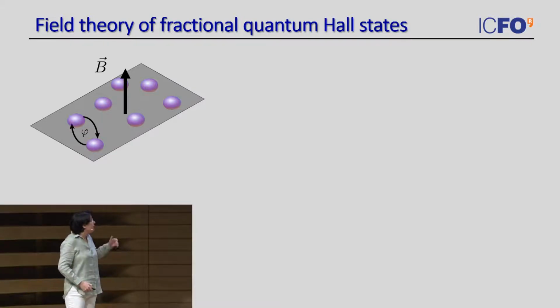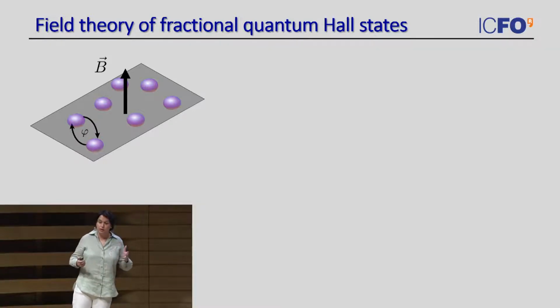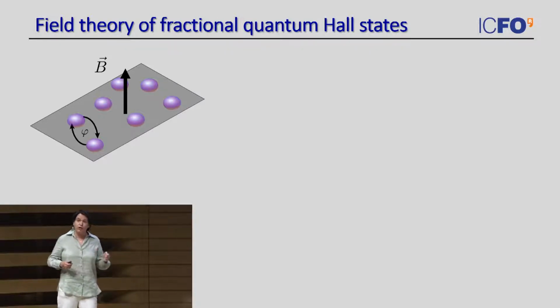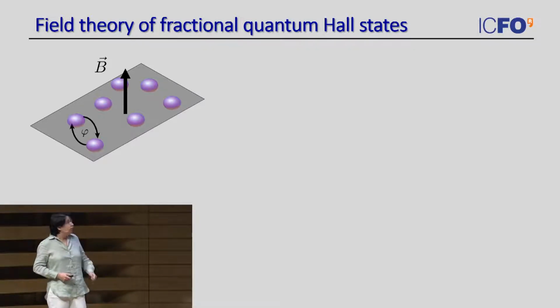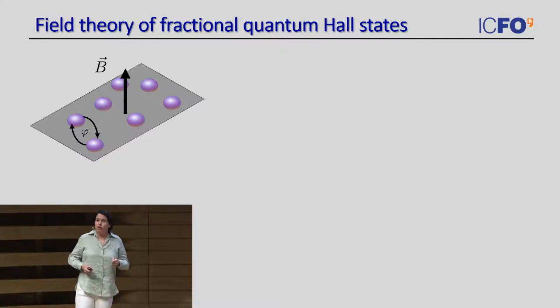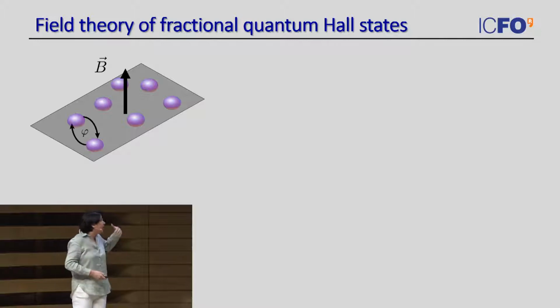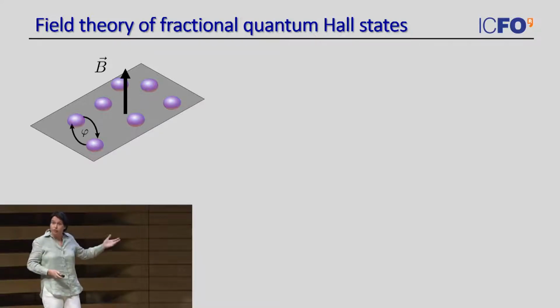And we know that for certain filling fractions, we can have fractional quantum Hall states that appear, which are very interesting many-body strongly correlated states, which have, for example, excitations that have charge that has fractional values, and also these excitations, if you take two of them and you exchange them, they don't behave like bosons or fermions, so they don't pick up an exchange phase for the wave function that is 0 or pi, but they can take any phase in between, so they are anyons.